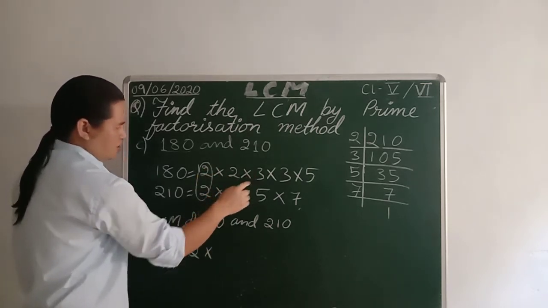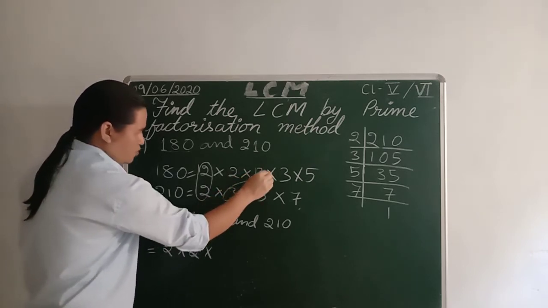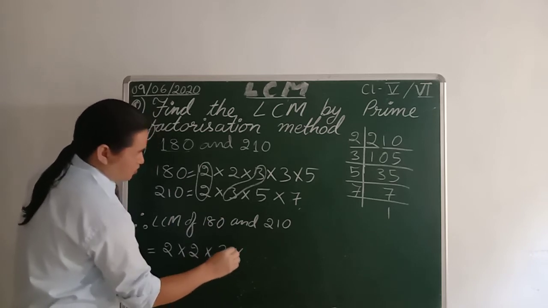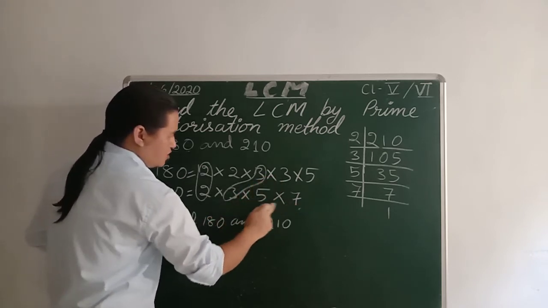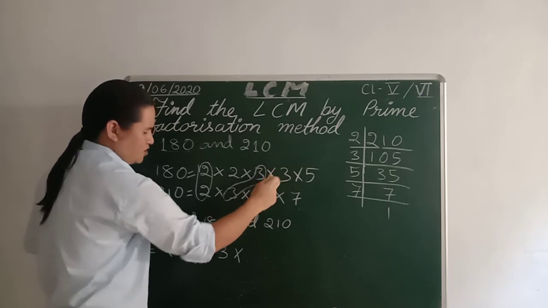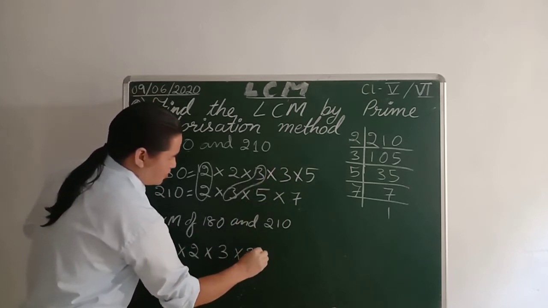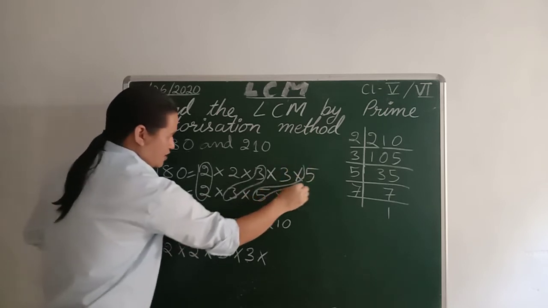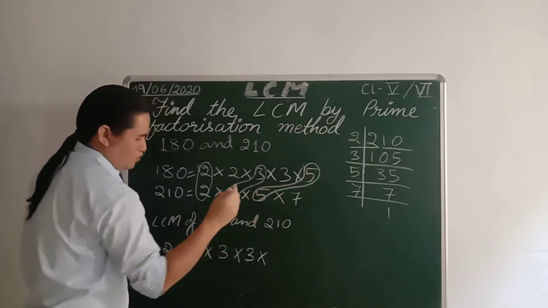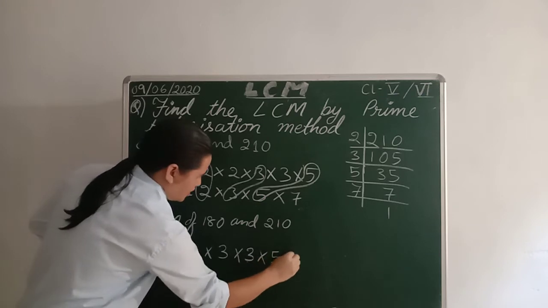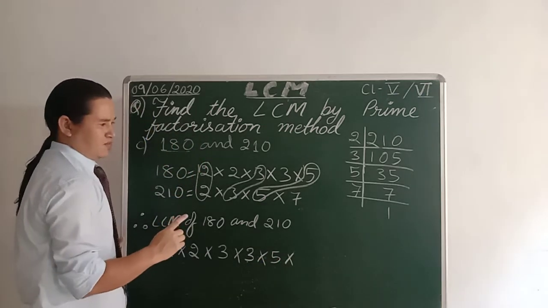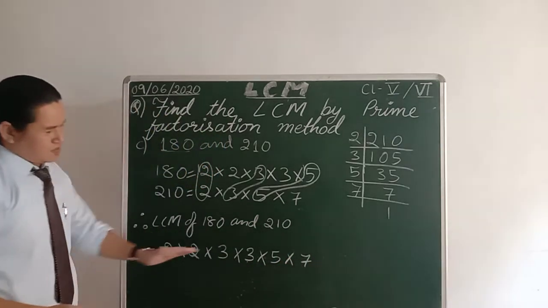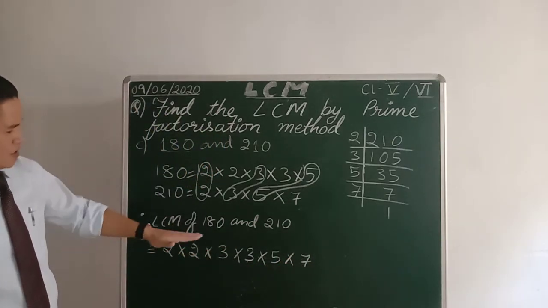Now here is 3 and here is also 3, so they are both common, so make it only one 3 over here, into, now here is 3 but we don't find 3 over here, even then we have to add this 3 here, into, now 5 is here, here is also 5, highlight this number and write only one single 5, and last the remaining number is only 7. After completing these numbers, you just multiply serially.